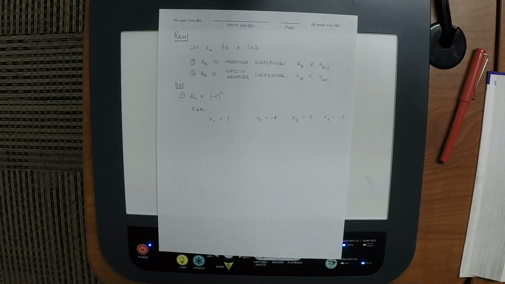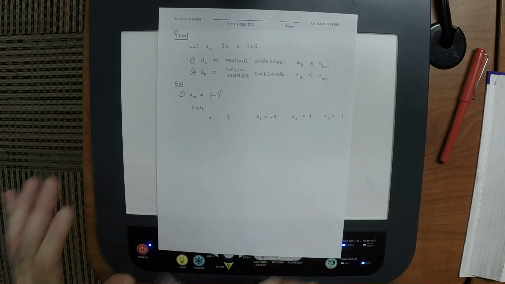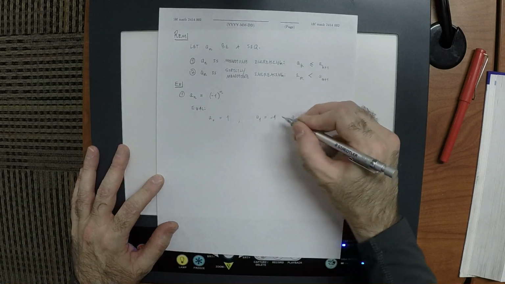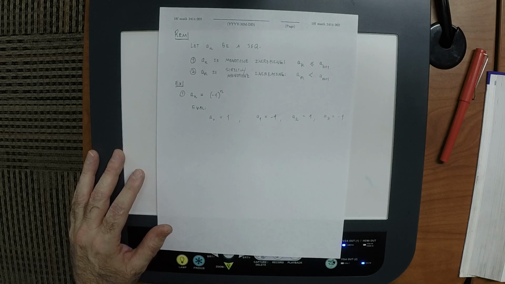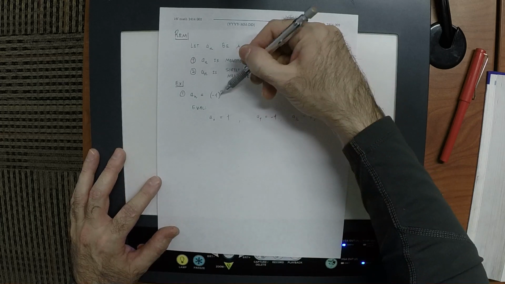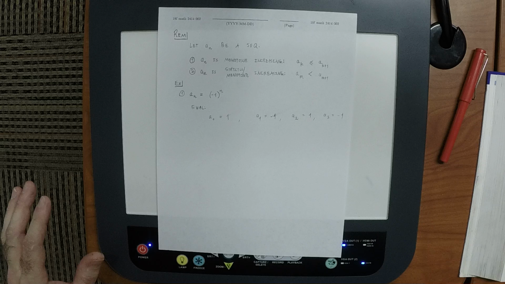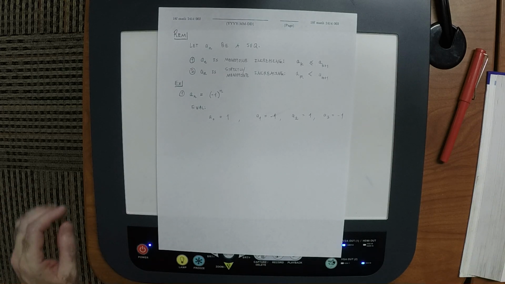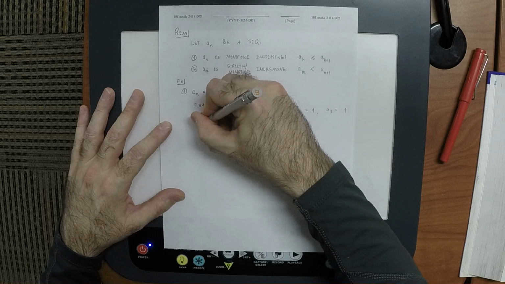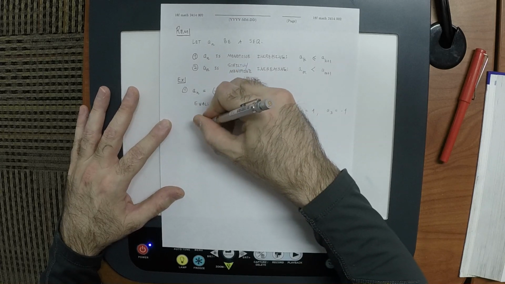So this kind of sequence is called, because it alternates its sign between consecutive terms, this sequence is said to be alternating, and this particular thing, (-1)^n, is called an alternator. So that's what it does. It causes the sign to change. If you were to plot this sequence,